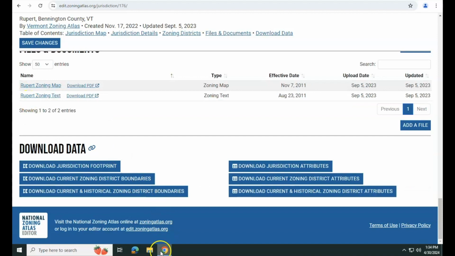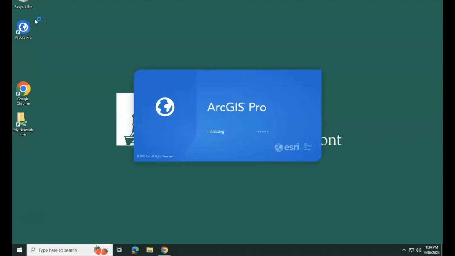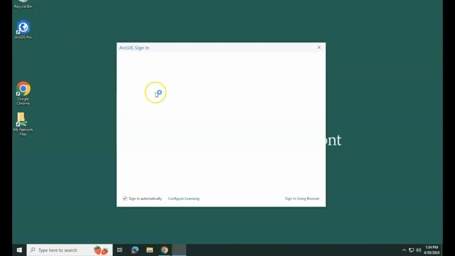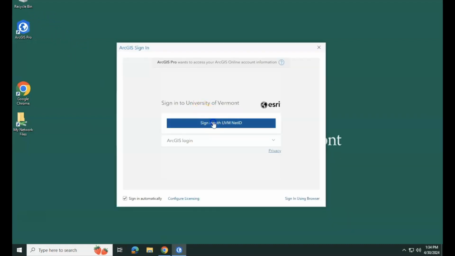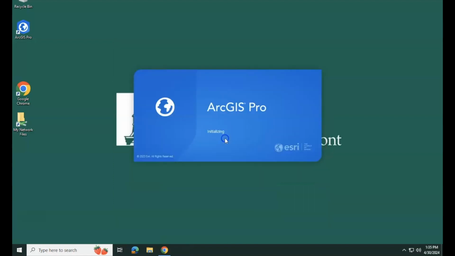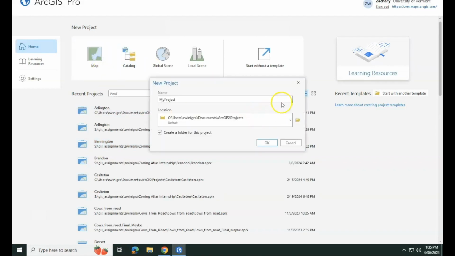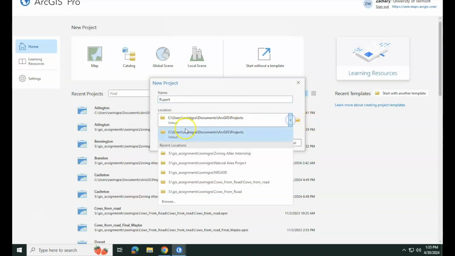So now that we know that, we can open up ArcGIS Pro. I think technically you can do this through QGIS, but I do not have a ton of experience with QGIS, and for the most part ArcGIS is going to be easier to work with. So signing in to ArcGIS, and once this loads, we're just going to make a new project. We're going to name it the jurisdiction, so Rupert, and then we're going to put this under